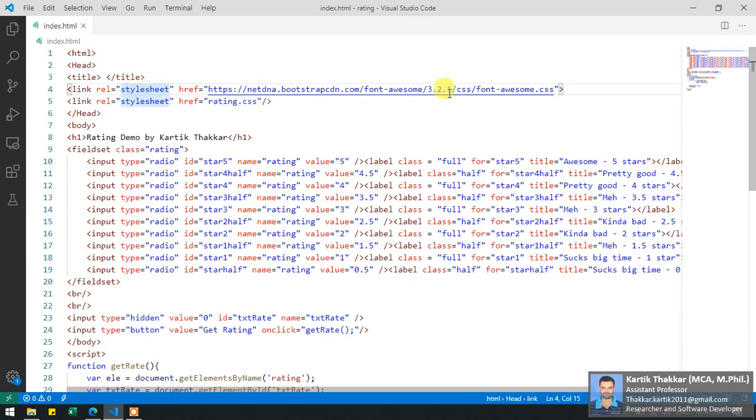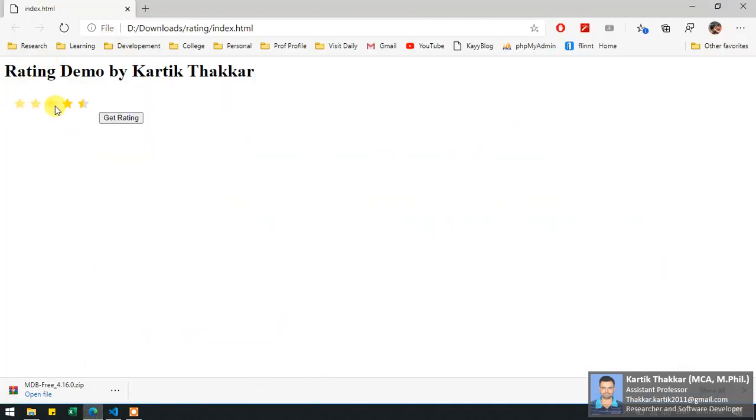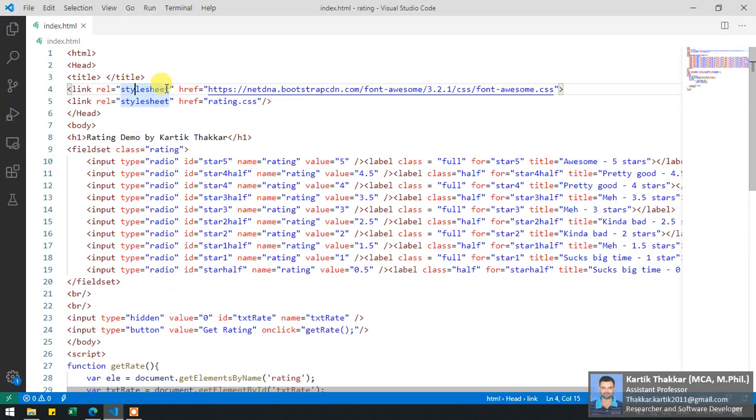And another thing, we have to use this font awesome.css, and I am using CDN data directly from the internet to implement this font awesome.css, and that is useful for the stars. What you can see as stars is coming from the font awesome.css file. Okay, so the links of all the files are given in the description below. You can download it from there.